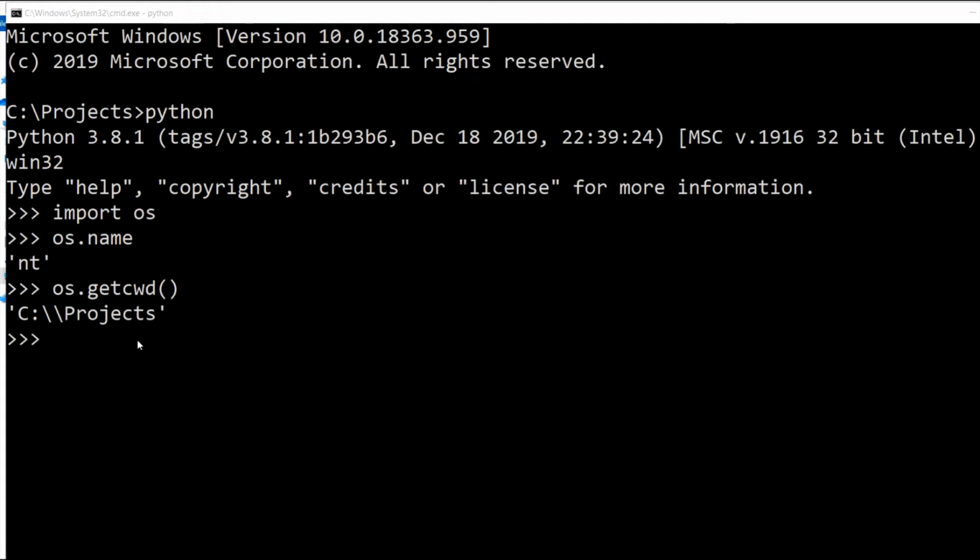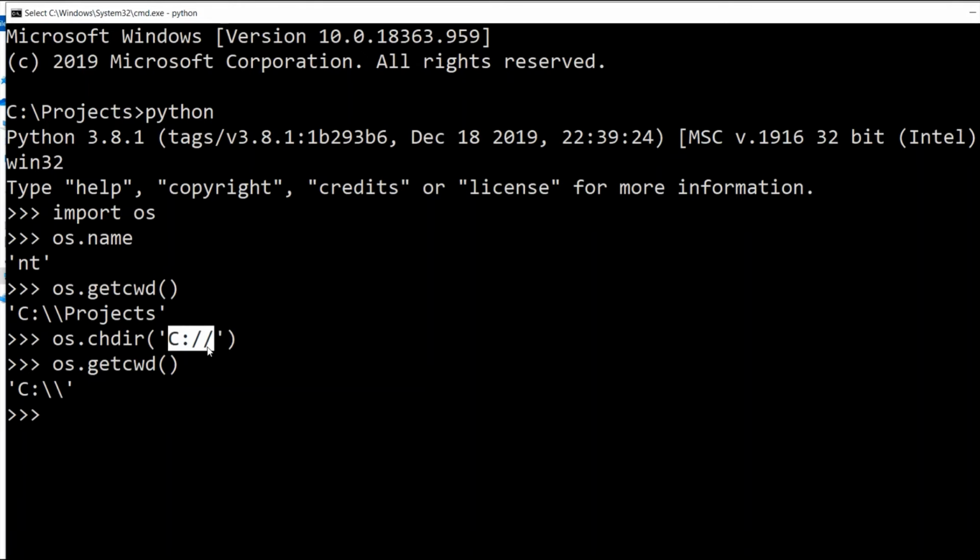Now I want to change my directory. For that I can use os.chdir. Ch for change. And we'll put over here the location where I want to change. And when I check over here the current working directory, it will give the C directory as it has changed.